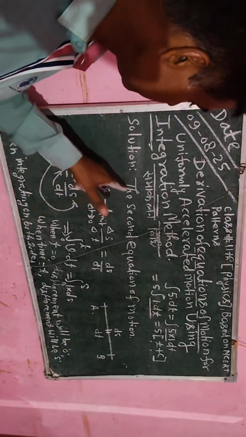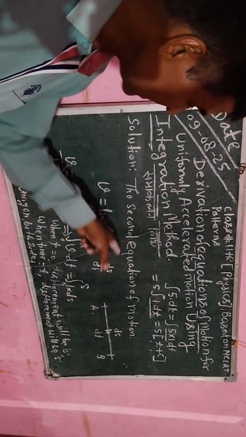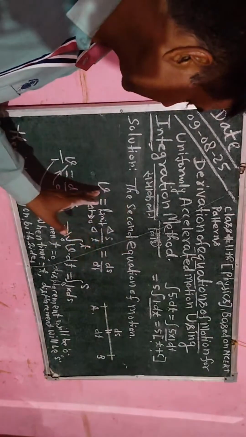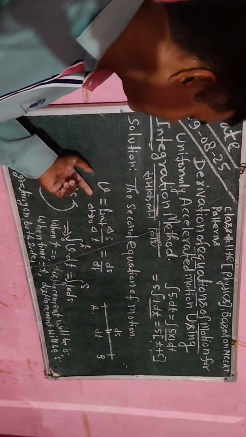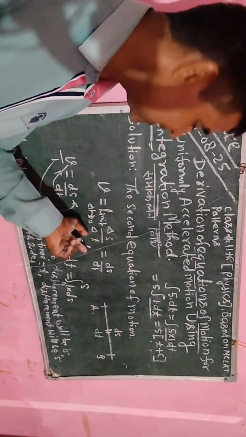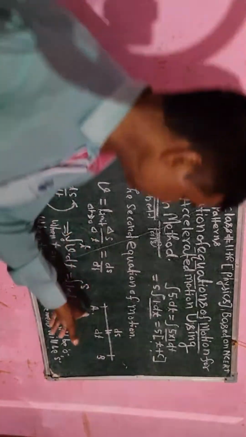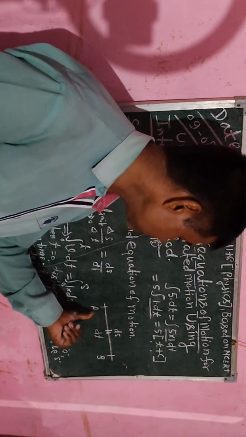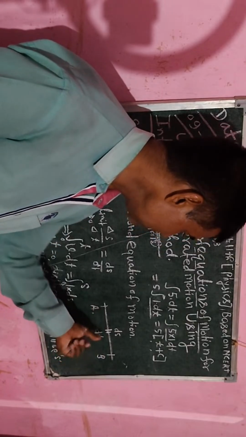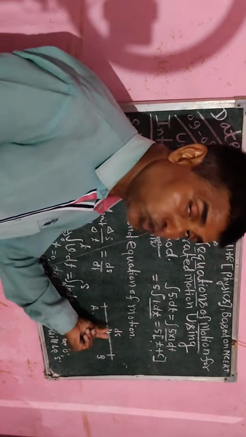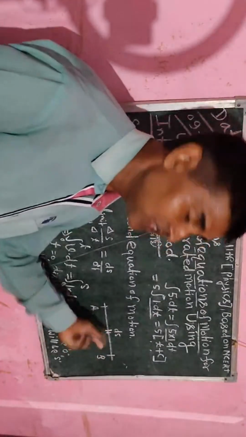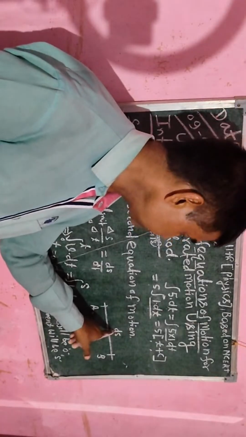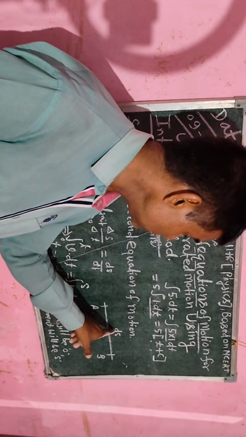यहाँ पर लिखा गया है the equation of motion, the second equation of motion, एक गति का दूसरा समीकरण है। इसको प्रूव करने के लिए हम जानते हैं वेग जो होता है डिस्प्लेसमेंट बटे टाइम होता है। अगर कोई भी ऑब्जेक्ट या कोई भी वस्तु ए से बी तक मूव करता है तो हमारा डिस्प्लेसमेंट ए से बी होता है, लेकिन हम इसमें एक छोटा डिस्टेंस को कंसीडर करते हैं। ये डिस्टेंस होता है जिसको डेल्टा के नाम से जानेंगे, या डी को लिखेंगे, डी एस बटे डी टी होगा।